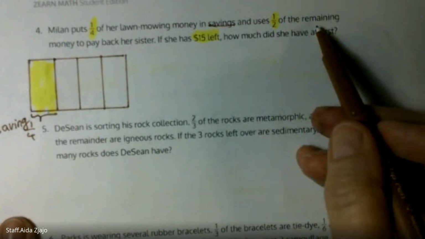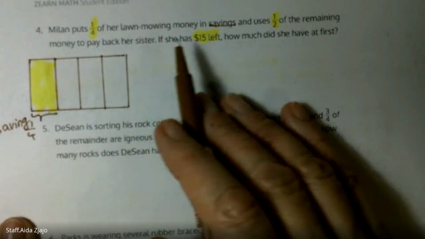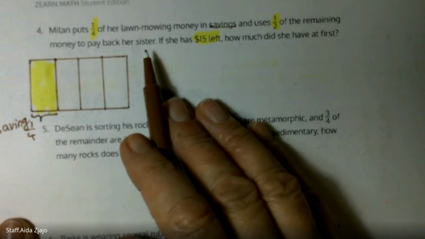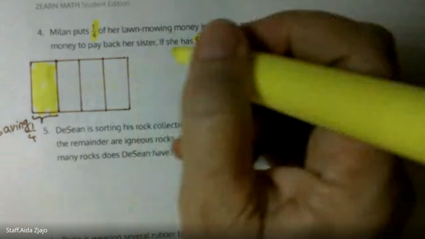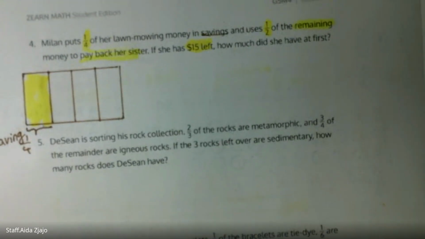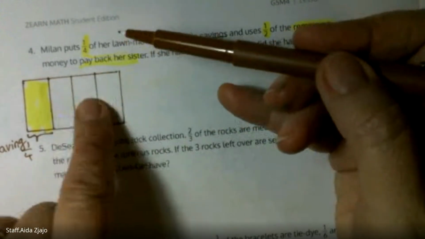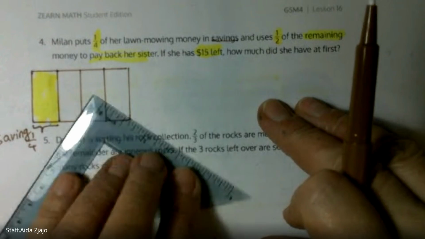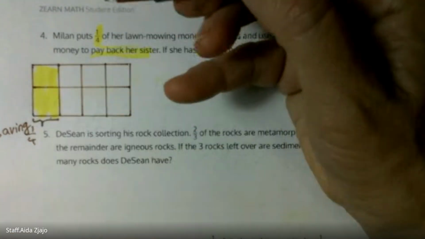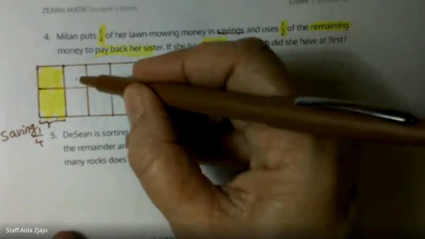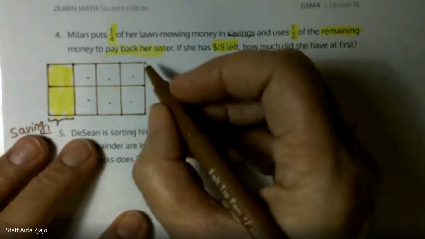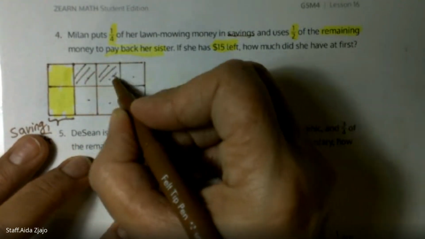Okay, and then she uses half of the remaining money to pay back her sister. So pay back half of the remaining. If we cut, this is remaining, these three parts are remaining. If we cut this into half, we can see that 1, 2, 3, 4, 5, 6 pieces is remaining. Half of it is this. So this is how much